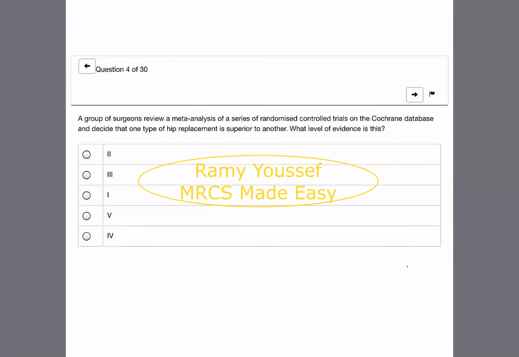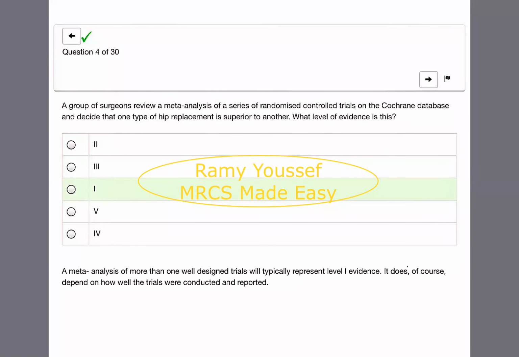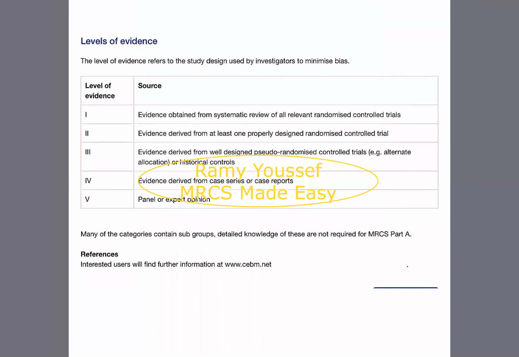A group of surgeons review a meta-analysis of a series of randomized controlled trials on the Cochrane database and decide that one type of hip replacement is superior to another. What level of evidence is this? It is level 1, because level 1 is the systematic review of several RCTs. Exactly. Level 1. This is a series and meta-analysis of randomized controlled trials. This is 1, and we said level 2 will be only at least one properly designed